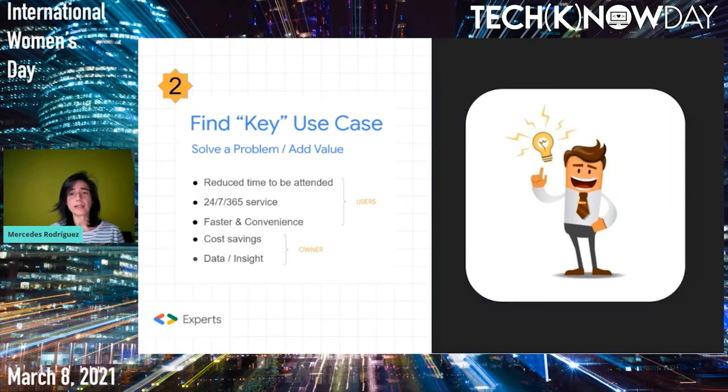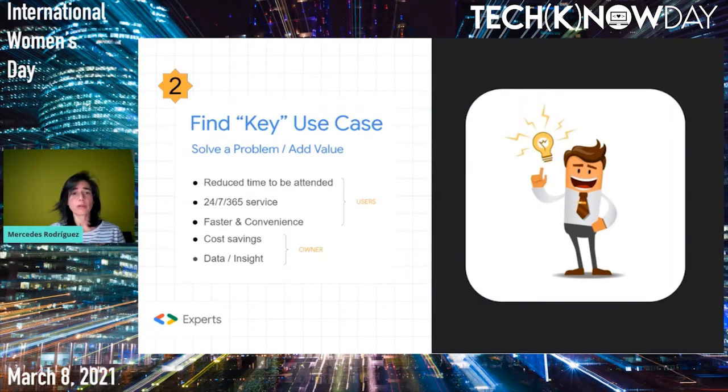And then they see that the users don't interact with it. And they think, well, users are not interested in talking to a machine. And sometimes it's true, but most of the time that's not the problem. The problem is that the conversational agent that they have developed is not really useful or interesting for the users. So finding a key use case is essential.